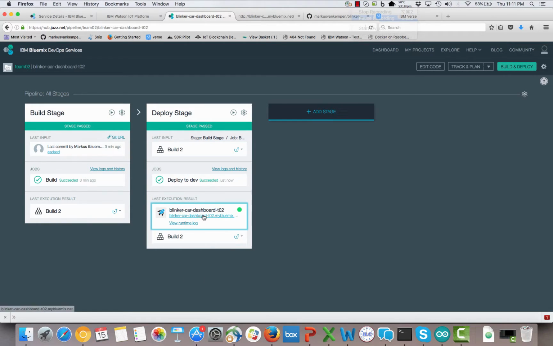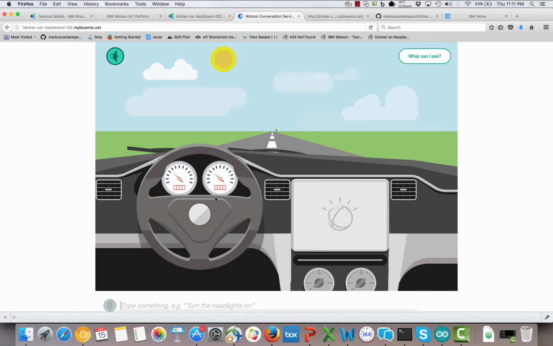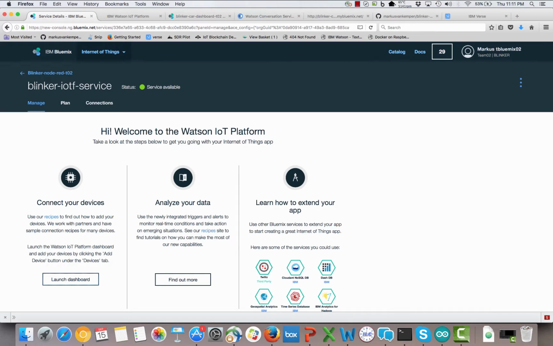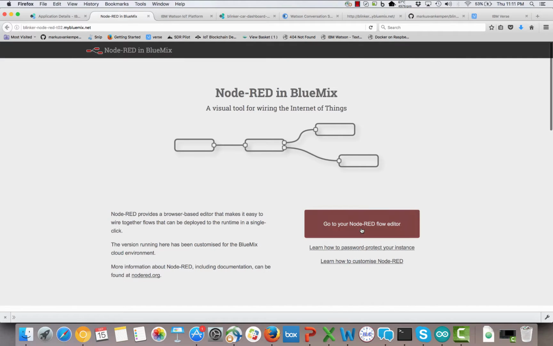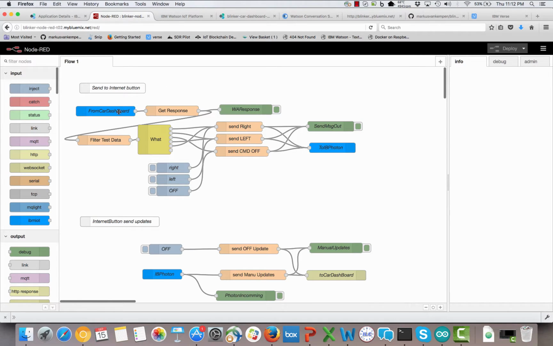Okay, once deployed, you can just make sure it works. Should work. Same as before. Yeah. Hi. It looks like a nice drive today. So let's go back and see if we get messages. So the flow is already deployed, so you don't need to do anything. So this should be coming in from the